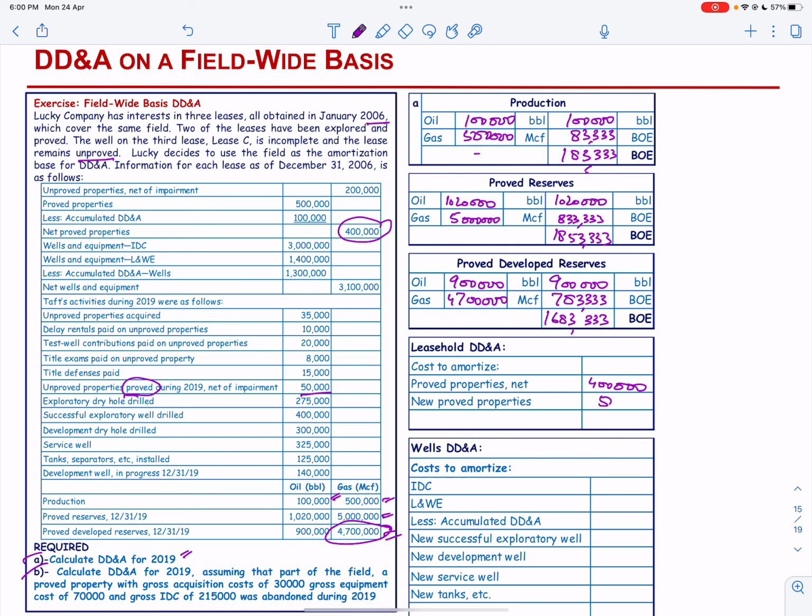This is the new proved property, so the total is 450,000 for the leasehold. So the cost to be amortized will be 450,000 divided by the proved reserves. Now this is at the end of the year,